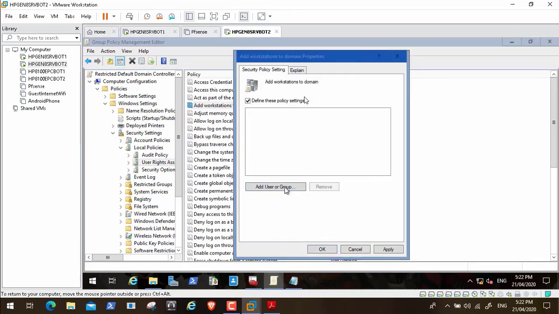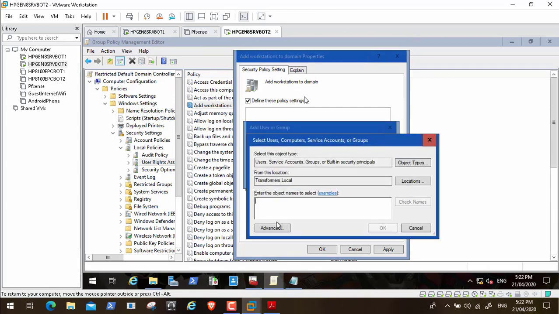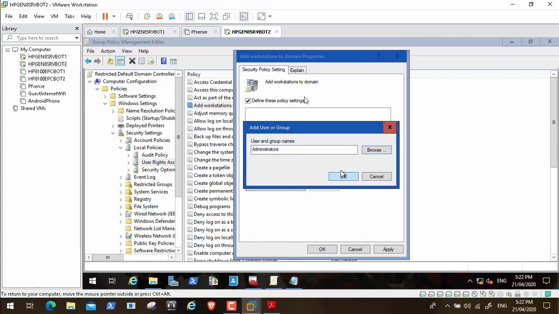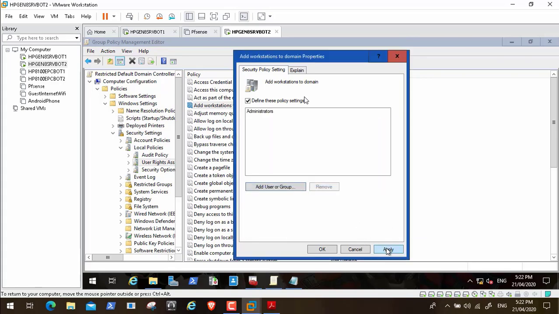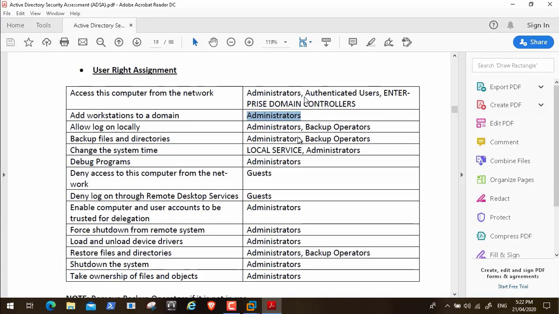Here we will also specify that the only ones responsible for adding workstations to the domain are the administrators group. As I said before, the TR_IT, this is an Active Directory group that I have created. This group is a member of the administrators group, so I have full rights to do all of this. Okay,